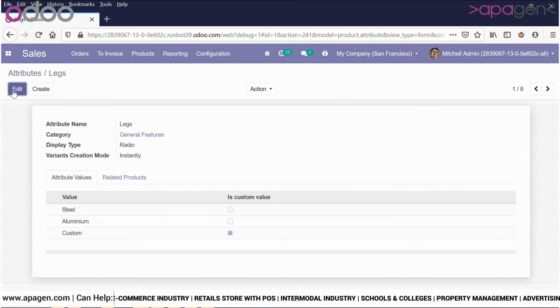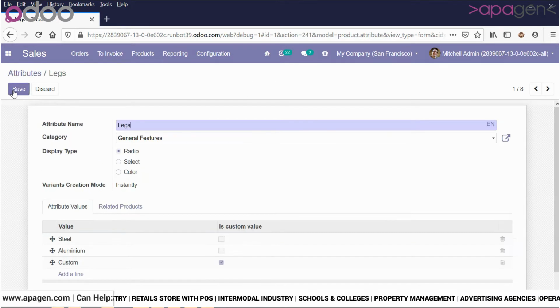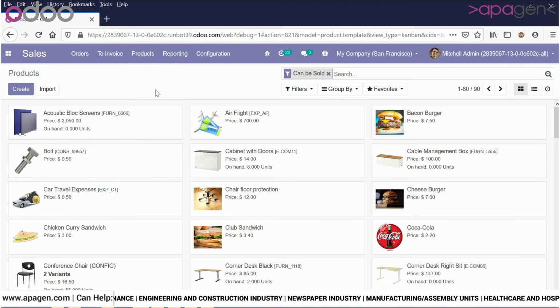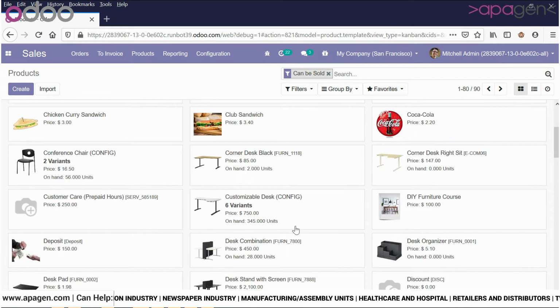While we're defining the variants, we also have the option to define how the variant creation would be done, so that as soon as you create a product, the system will automatically create the variants. Now let's go ahead and create a product. We'll choose an example from the current lot for the ease.